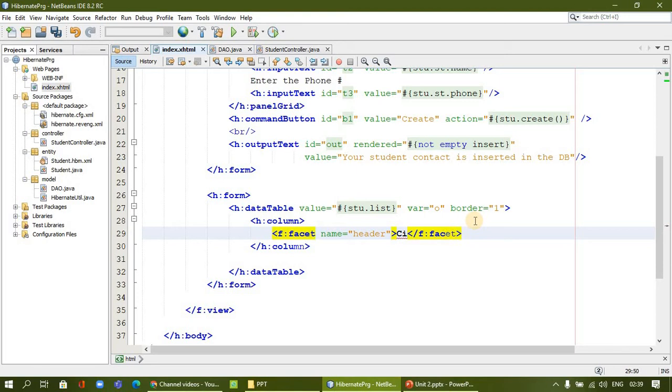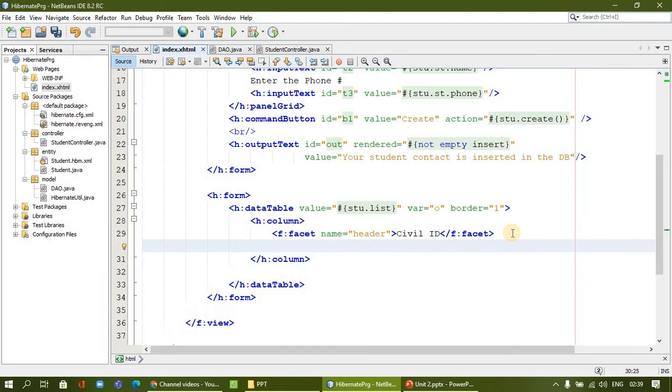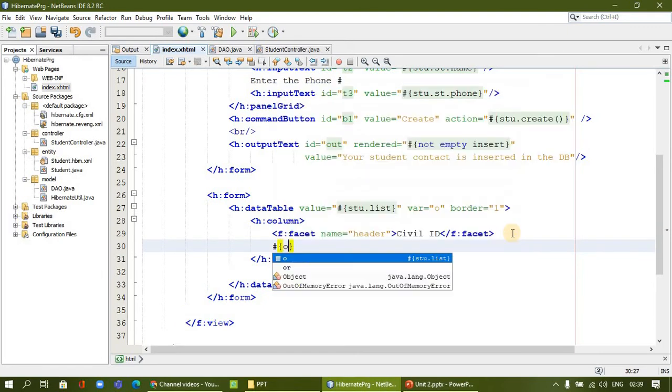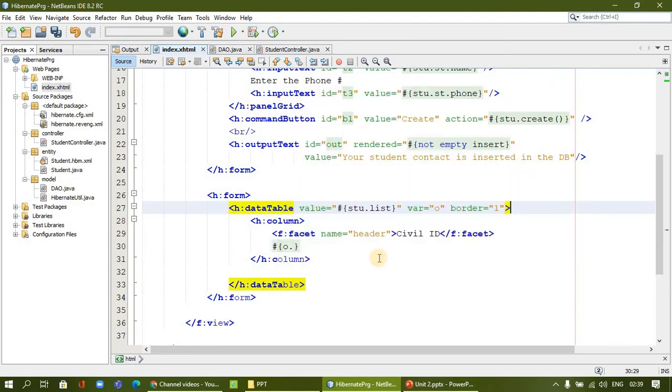For example, I say civil ID. And inside every header, what will be the value that you want? The value that I want to show for all is from our object O, which is connected to our student list. So O dot, we have the list of values with 3 items, civil ID.